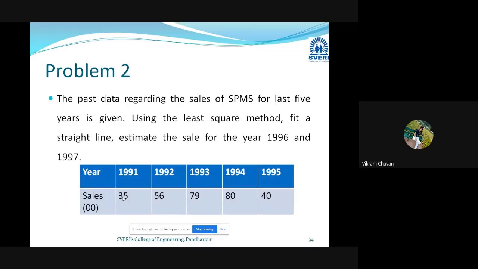That is nothing but, for a particular year, the deviation value multiplied by sales value. That is nothing but x multiplied by y. So the next column will be x multiplied by y. In that, write down the values of multiplication of deviation for the particular year and the sale value for the particular year. Then at the bottom of that column, write down summation of x multiplied by y, and tell me the value of that summation.